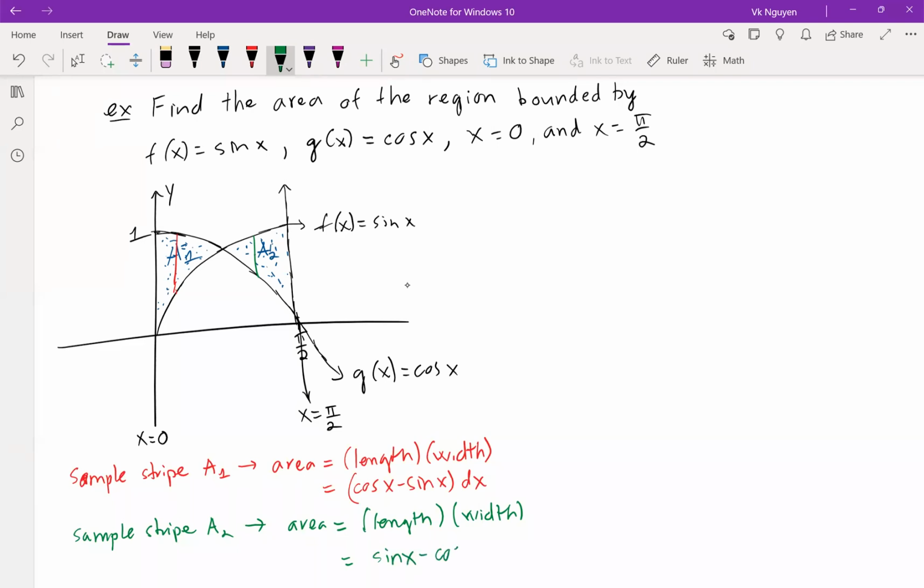Lower function is cosine x. The width is dx. And we need the intersection. The intersection of sine and cosine: sine equals cosine when the angle is pi over 4. This means the area